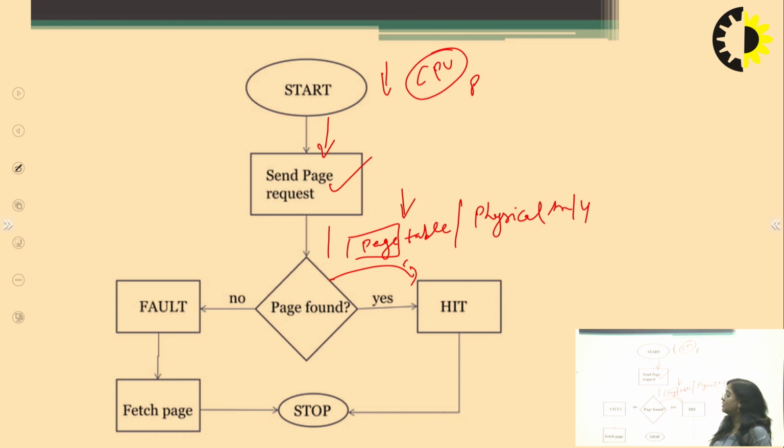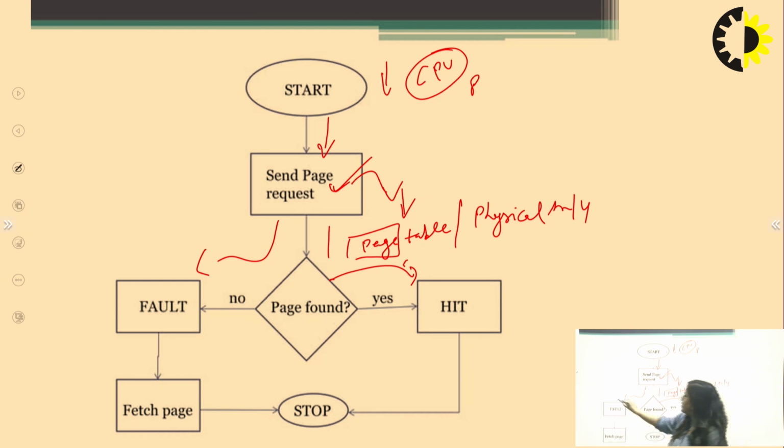The second condition is that your demanded page is not found in the page table. Then you come to this part, and a page fault condition occurs. Here the page fault condition means your page is not found in the page table and physical memory space. Now you come to the requirement of page replacement, which is the page fetching.